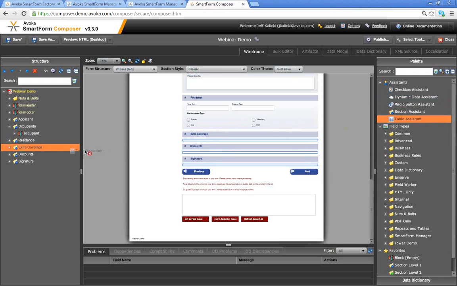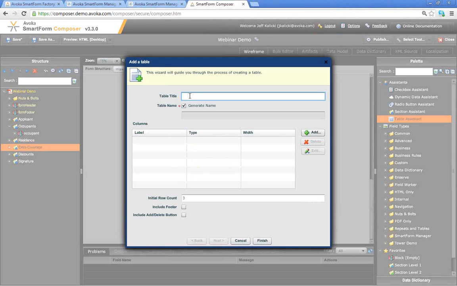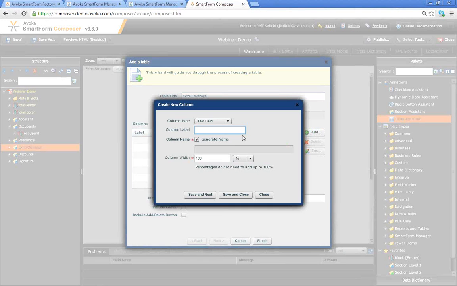So again, we'll grab an assistant here, and let's come in and we'll say this is our extra coverage. Then you basically define what you're going to put inside of the repeating table, right? So we want to say it's going to be a text field, and there are all my different field types. For this label, what is the item description that you're asking for more coverage,